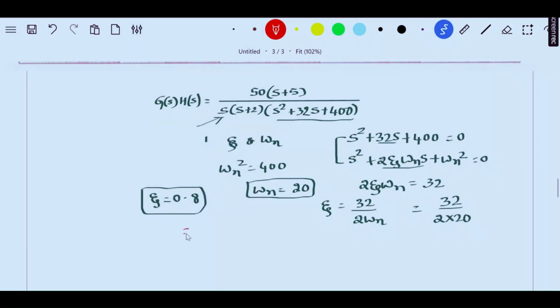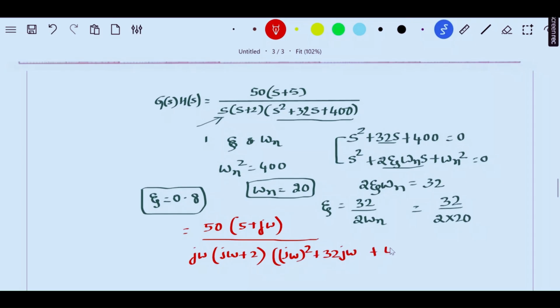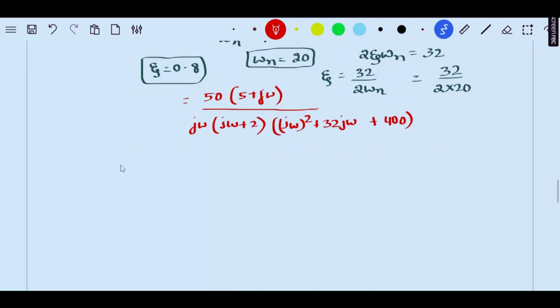So what do we get here is 50 into (5 plus j omega). So S should be replaced with j omega, divided by j omega into (j omega plus 2) into (j omega square plus 32 j omega plus 400). Now, when we are writing the angle equation, the angle of G(j omega) H(j omega) will be equal to,